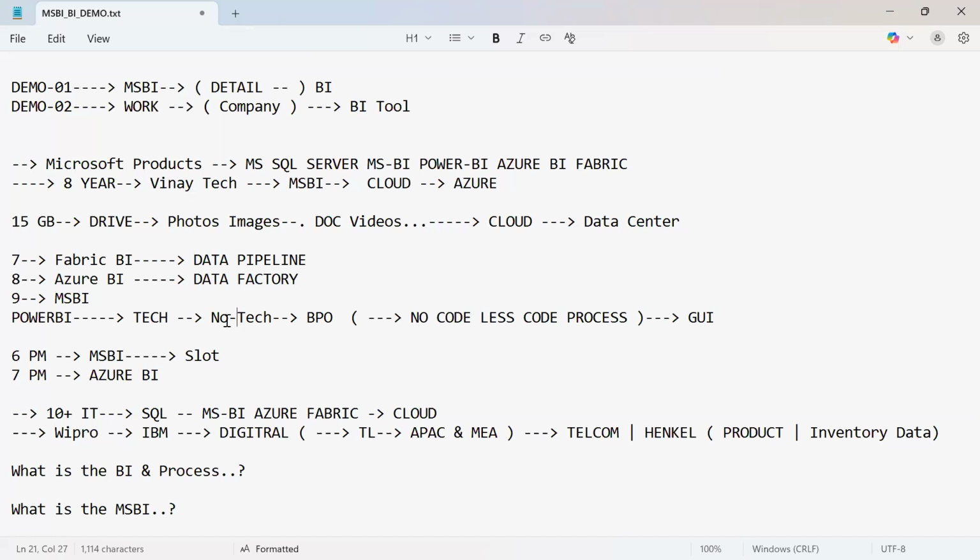It provides no code, low code, along with the GUI method. That is the importance of Microsoft. They always design their tools to be easy to work with, even for non-technical people. You want to code, code it. You don't know code, no problem. They help you with that.